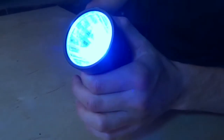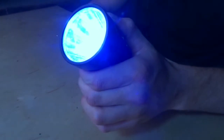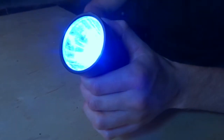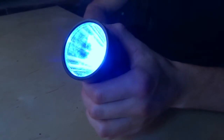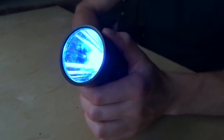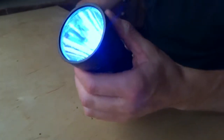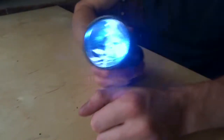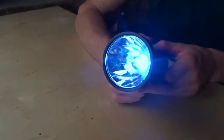Okay, so let's go over the different brightness modes. I have it on the brightest mode right now, which is 2700 lumens. That'll last 1.5 hours on that brightness mode. The next one is around 1200 lumens, which will give you 3.3 hours. The next one is 205 lumens, which will give you 21 hours. And then what's really awesome is the lowest brightness, which is 35 lumens, and that'll give you 350 hours, which